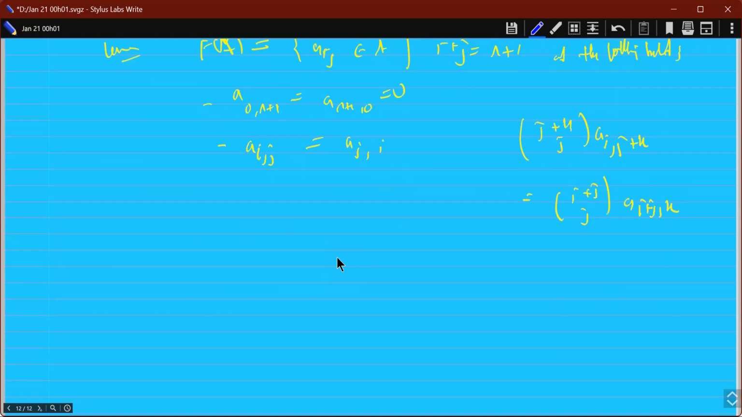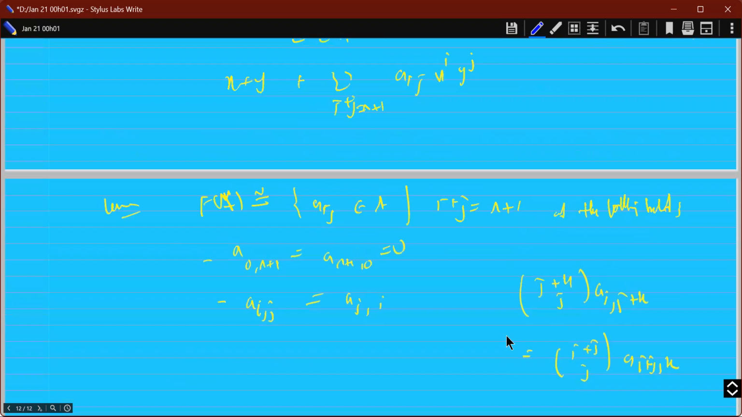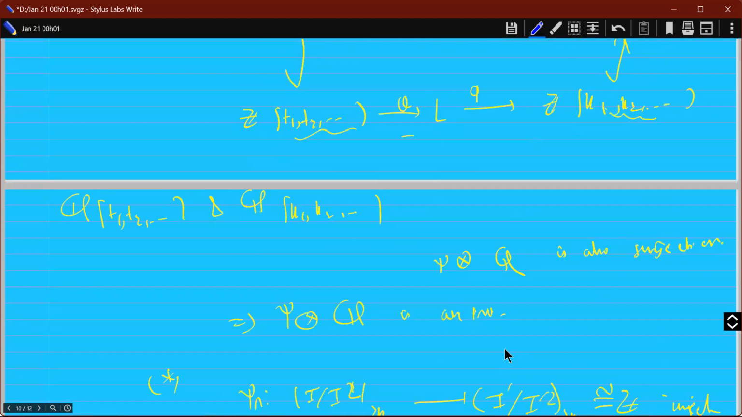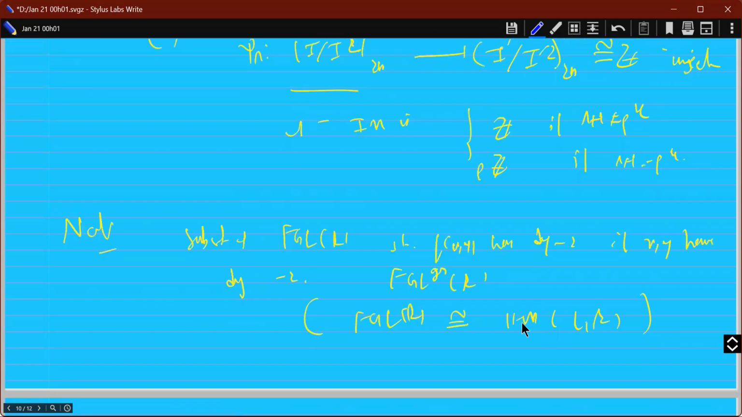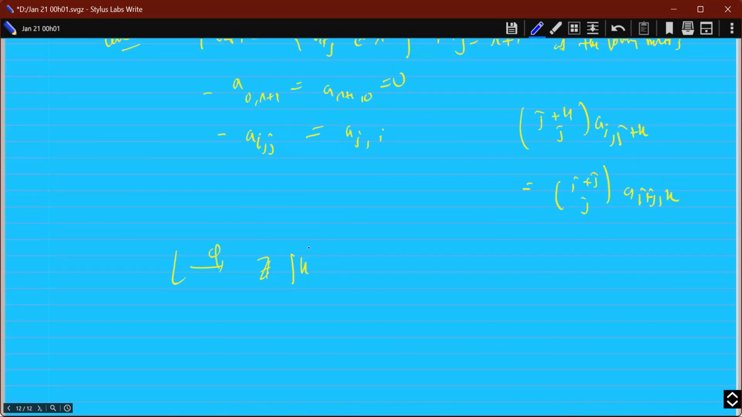Okay, so we want to solve these equations, all the equations that we have now. So now this homomorphism that we have, this map here, we call this phi. So phi induces